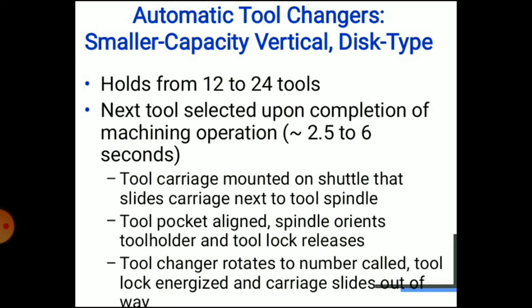So machining centers are capable of a variety of machining operations. For this reason, a variety of tools are required for machining centers. Thus, the machining center must have an automatic tool changer. So the automatic tool changer has a tool magazine to hold a large selection of tools, and a tool change arm that selects and places the tools into the machine spindle.